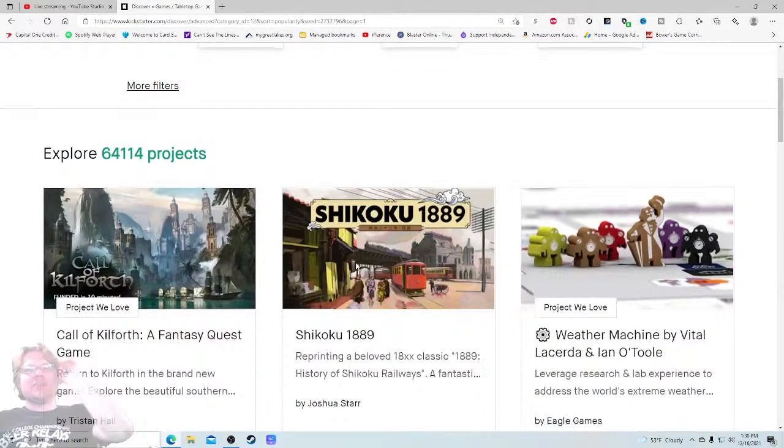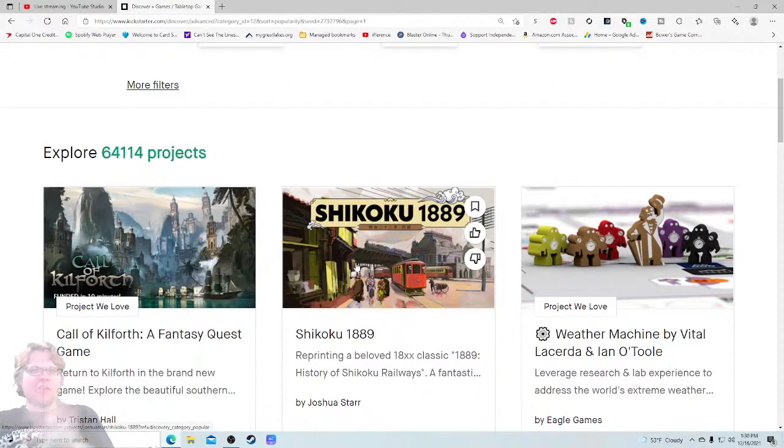And today I'm very excited to be checking out the second most popular project on all of games on Kickstarter. That is Shikoku 1889, reprinting a beloved 18XX classic, 1889 History of Shikoku Railways, a fantastic...